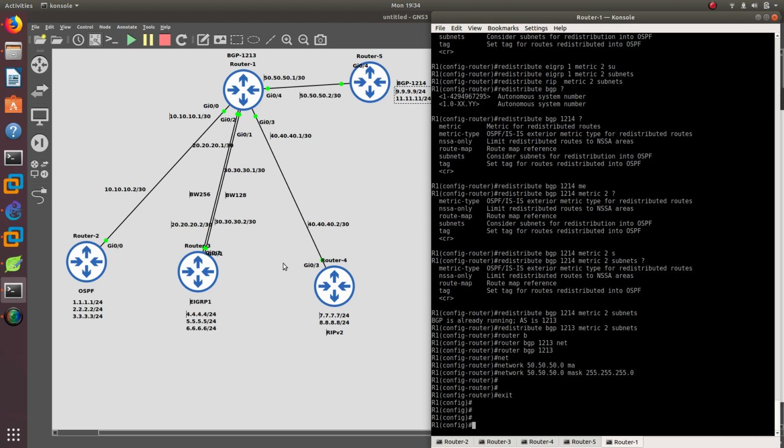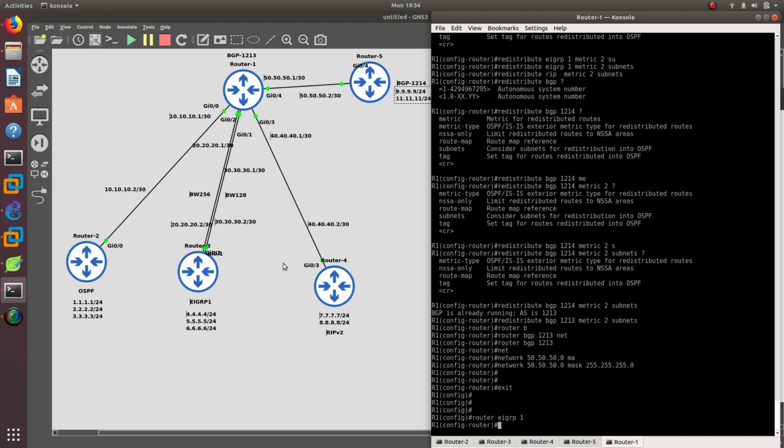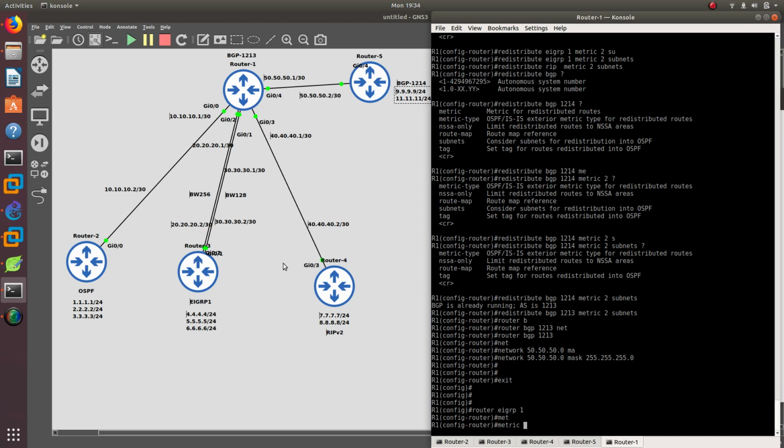So let's go ahead to router EIGRP 1, and first what I could do is for the metric, I could just go ahead and put all the metrics right here, right? I could just manually input the metrics and just use this metric for every single one of them, right? Since they're all one hop away,